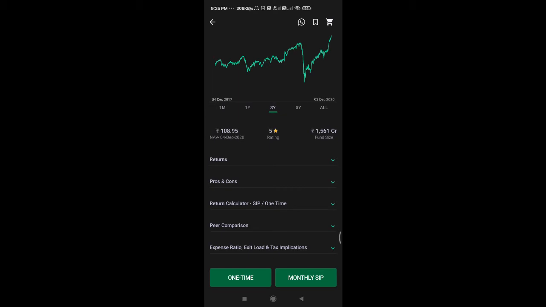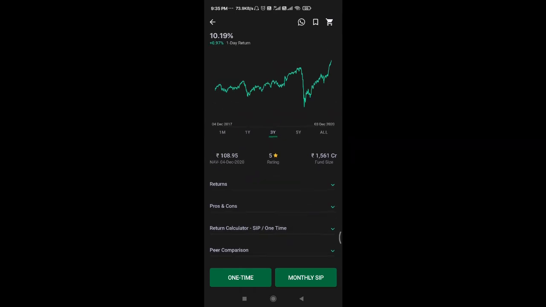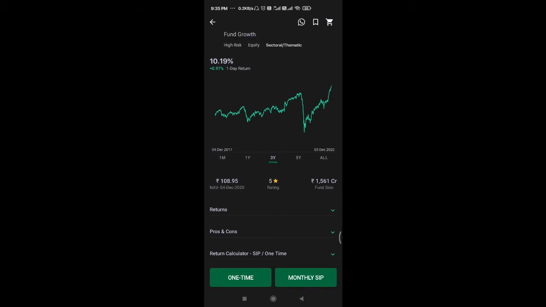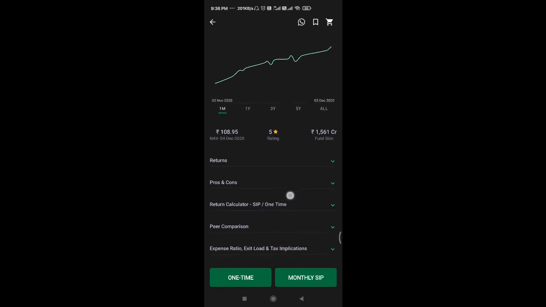An easy interface is very important for many people, because if it is complicated, then definitely people will find it difficult to understand. As you can notice, this is the graph going up and down. This is the 3-year graph, and the return is 10%, 1 year has 11%, and 1 month has 12%. So you can notice all this detail here. Okay, and a little bit of up and down is happening. Currently the market is growing, so you can notice that this is a linear growth.